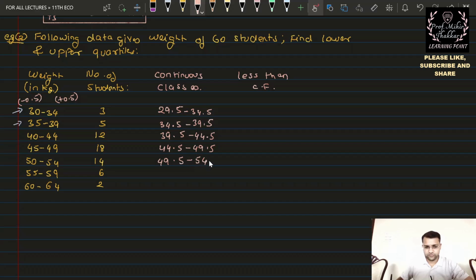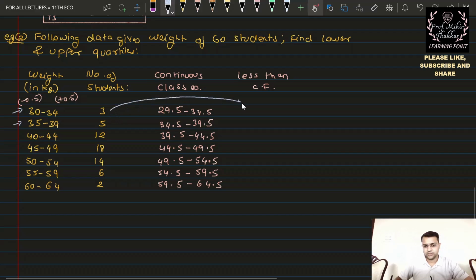49.5 to 54.5, 55 minus 0.5 is 54.5, 59 plus 0.5 is 59.5. Again 60 minus 0.5 is 59.5 and 64 plus 0.5 is 64.5. When you want to get the cumulative frequency values, the first value will be exactly the same, which over here